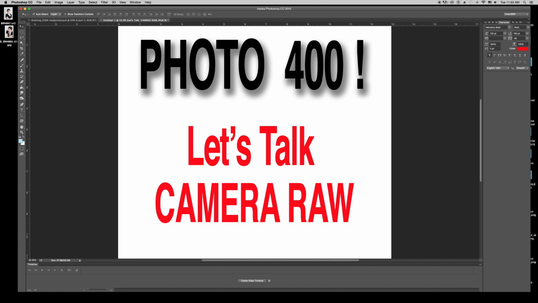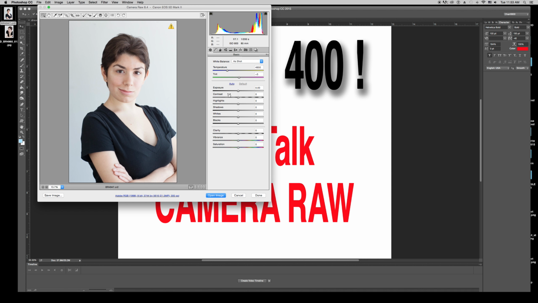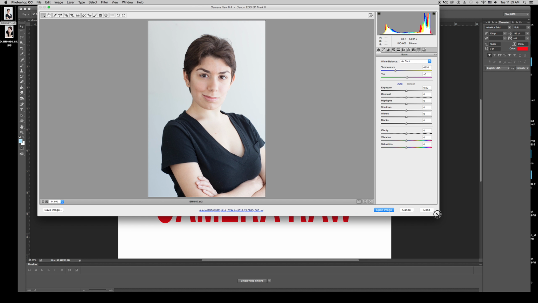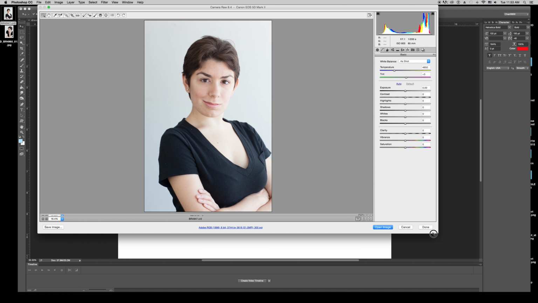I have a photograph set aside here that is a raw file. So I'm just going to click on it and drag it. It's on my desktop and I'm going to drag it to my Photoshop icon. So it's going to pop open immediately in Camera Raw. So here we are. You can make the window larger or smaller as you choose just by clicking and dragging